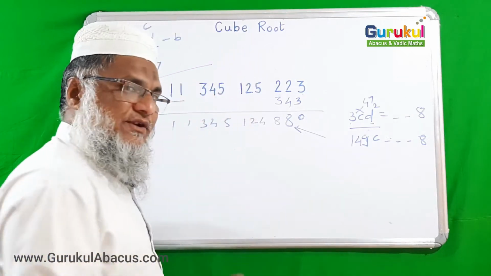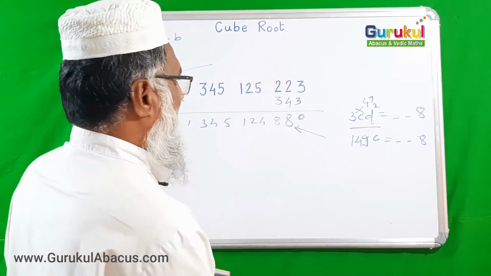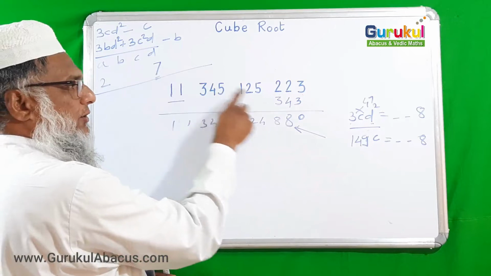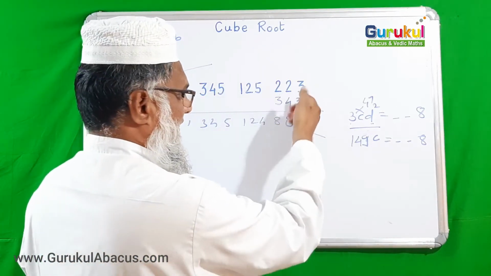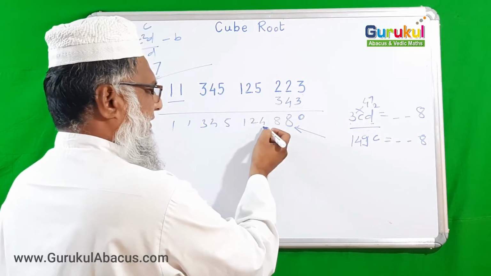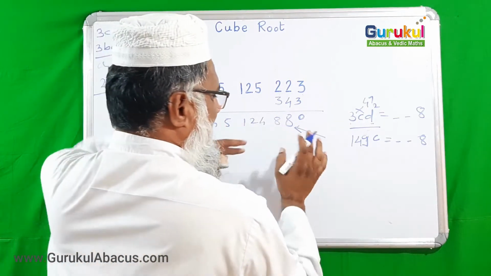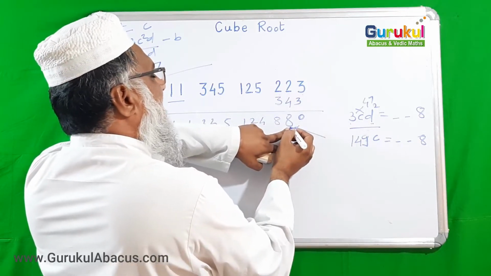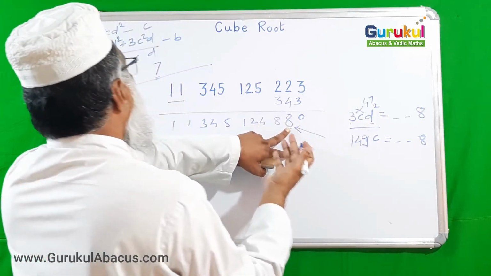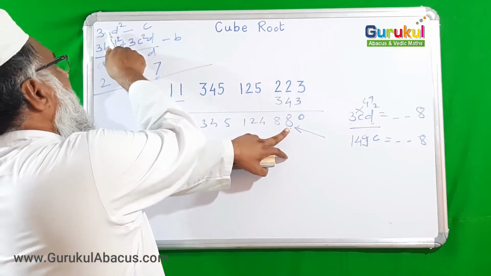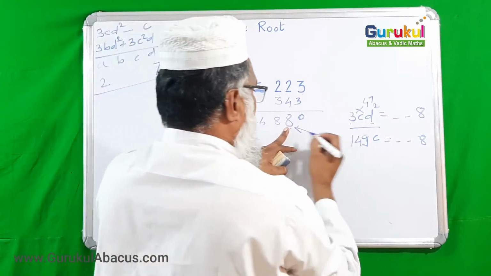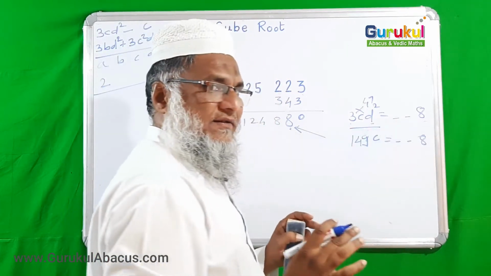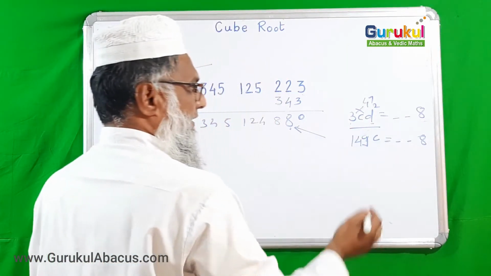Again we are reminding what we did, so our understanding will be clearer. To find the C, what did we do? Firstly we subtracted the cube of 7 from it. While subtracting we got here 8, 4, 2, 1 and so on. Nothing was important for us, only we think about the second digit from it. So it was 8. So here what did we understand? That our term 3CD square ends with 8. That we understood. Now here D we know.